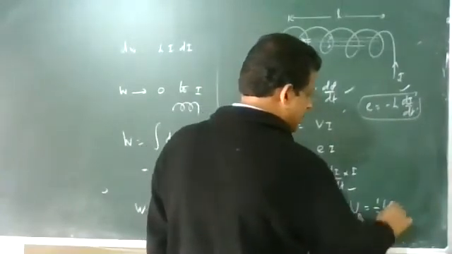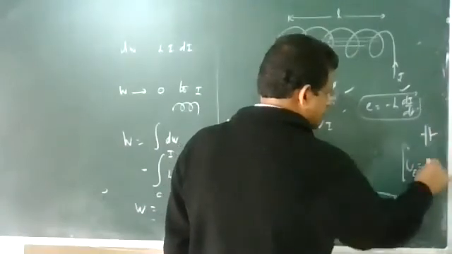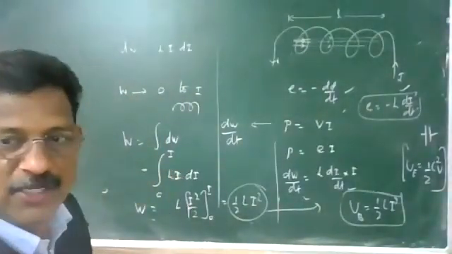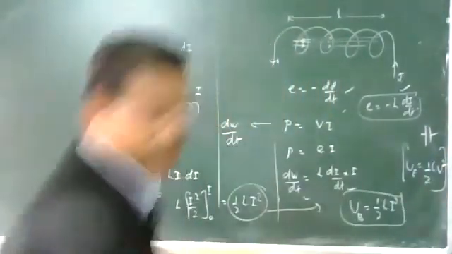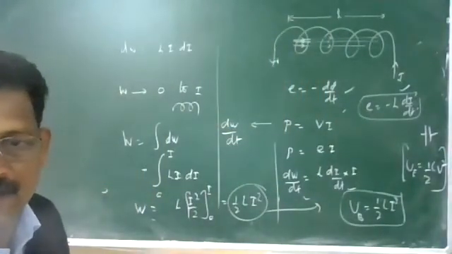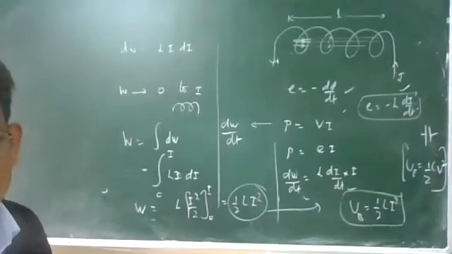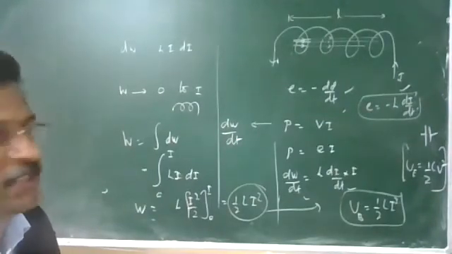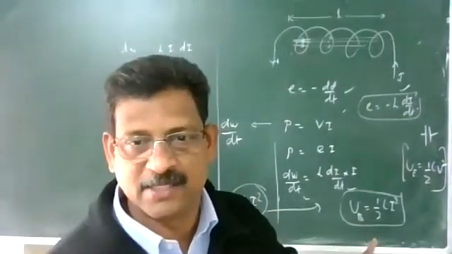So what is the magnetic energy stored? U equals half L I square. You can compare this with the electrostatic energy of the capacitor. It is half CV square. Electrostatic energy is half CV square, and this is exactly magnetic energy, half L I square. They are analogous to the kinetic energy half mv square, half kx square, half CV square, half L I square. You remember all the things from Class 11: elastic potential energy in a spring, half kx square; capacitor energy, half CV square; magnetic energy, half L I square.